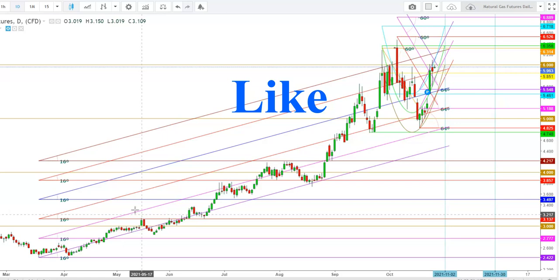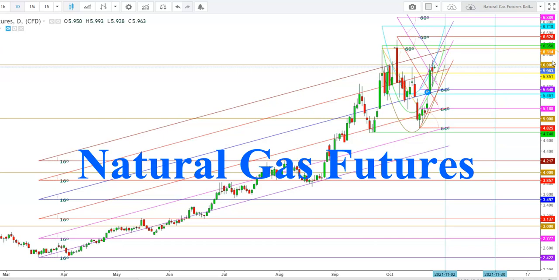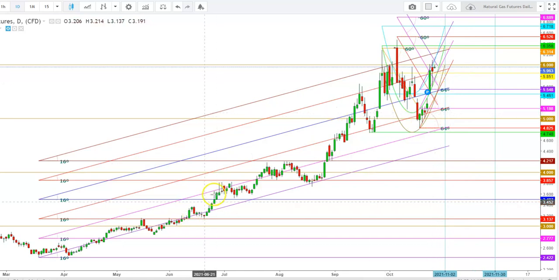So let us start the day to analyze the movements of natural gas futures in different time frames. So friends, here you can see a daily chart of natural gas futures. Here you can see how the natural gas futures have been maintaining an uptrend since March 2021 from the lowest level 2.422, and since then we have seen this uptrend in the lower zone of this uptrend zone, where we have seen an advent of a breakout on August 26 from the lowest level